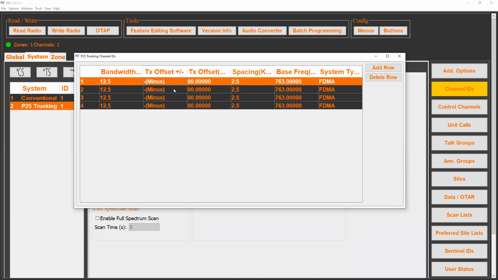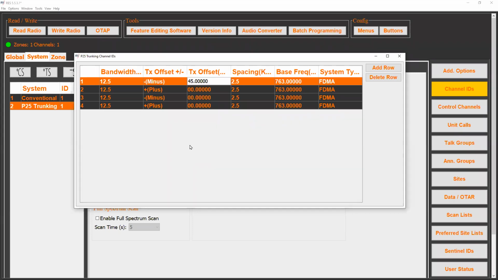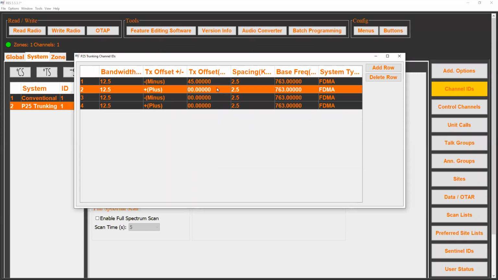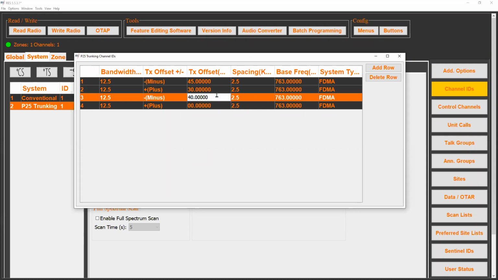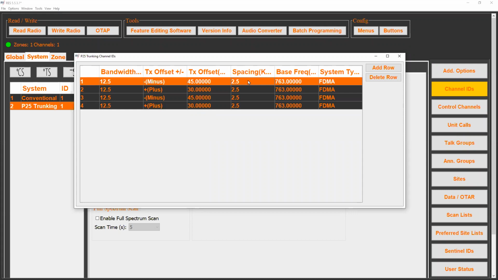I'm going to do the offset at minus, plus. The transmit offset for 800 is minus 45 and plus 30 for 700. Channel spacing is normally 6.25 for TDMA,